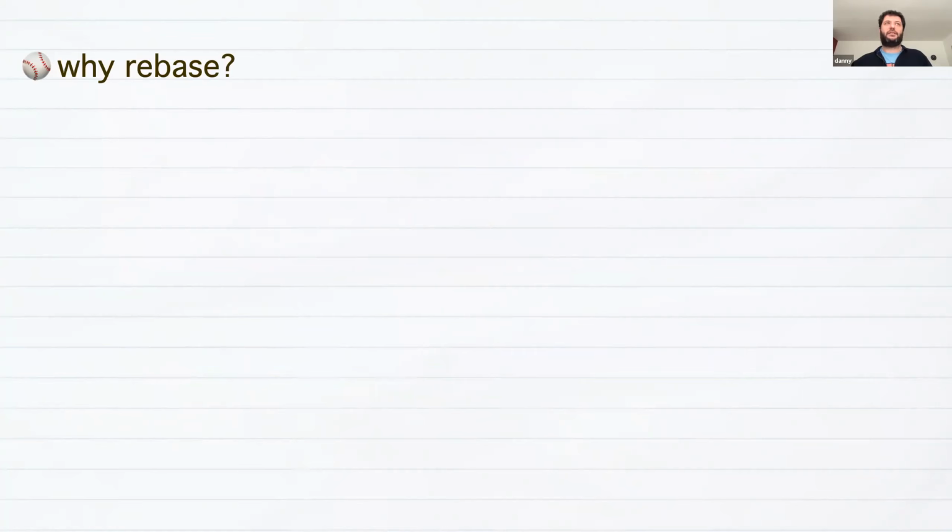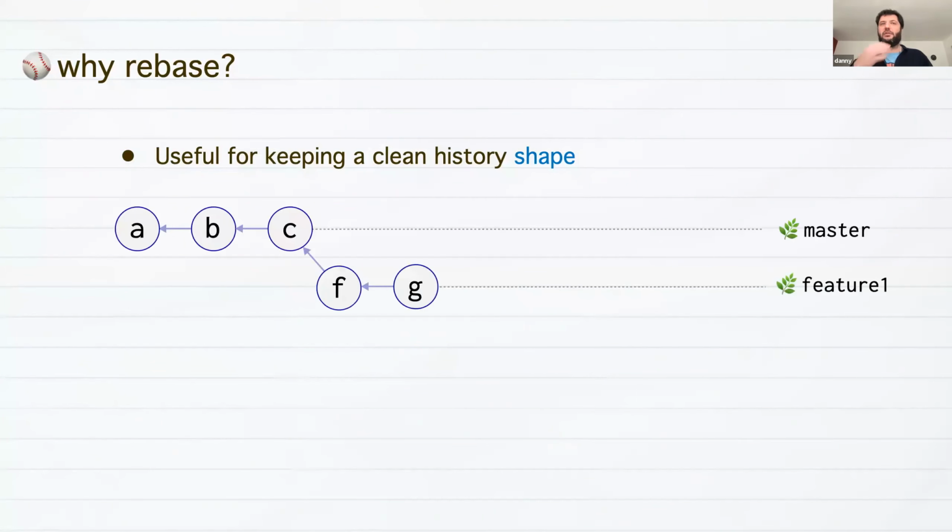It looks quite complicated. Well, it's really useful for keeping a clean history shape, and it makes it easier to understand the history when you look at it. So let's take an example. You've started a feature which comes off the branch master, and then while you're working on that feature, someone has added some bug fixes to the master branch, and you want those bug fixes in the branch that you're working